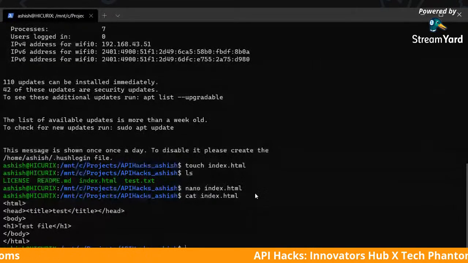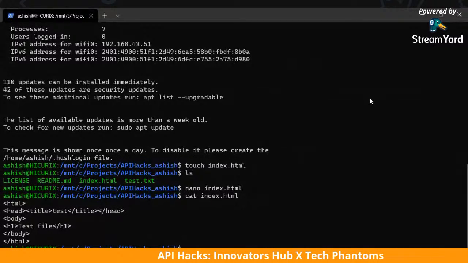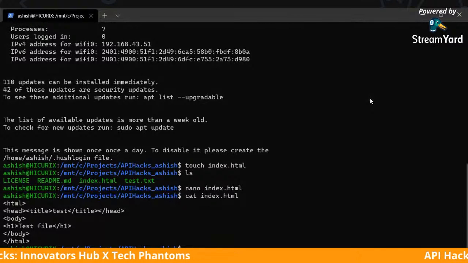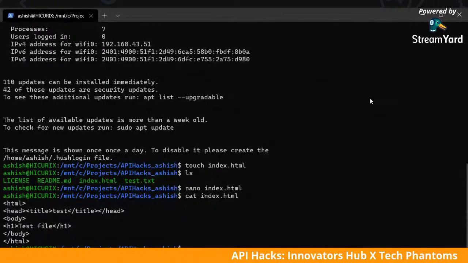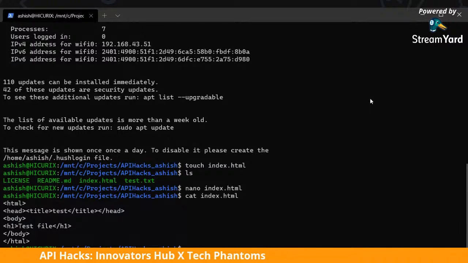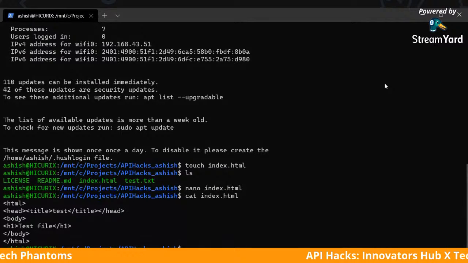So now recall what we had talked about Git. First, what you have to do. We are currently working in the working directory. Just now I created a file, so it is called the working directory. Now you have not added anything to the project. There is one command which you can use, which is git